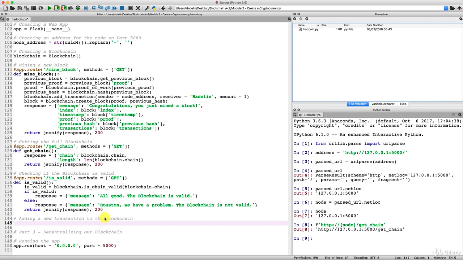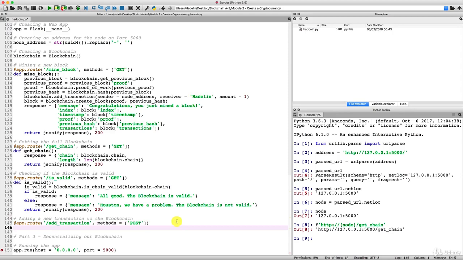And to be efficient, I'm simply going to copy this line here, because in order to make this a post request, well, we'll actually need to replace two things. First, of course, the name of this new request, which we're going to call add transaction. And then, of course, as you might guess, the name of the method, that is the type of the method, which is no longer a GET request, but a POST request. Just like that. And there we go. We are ready to implement this new request.